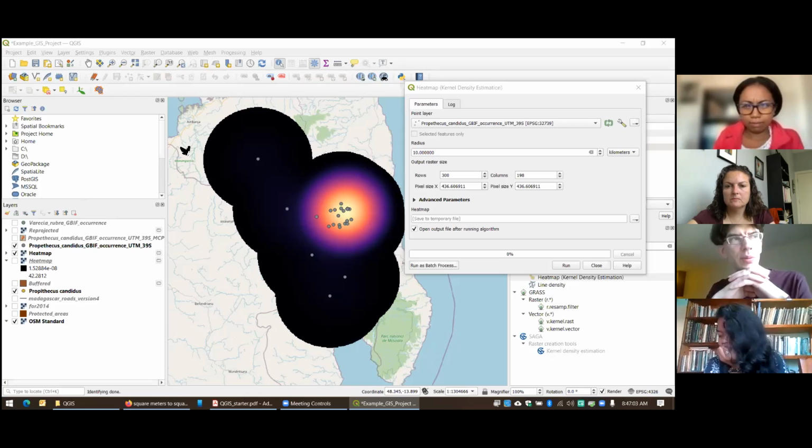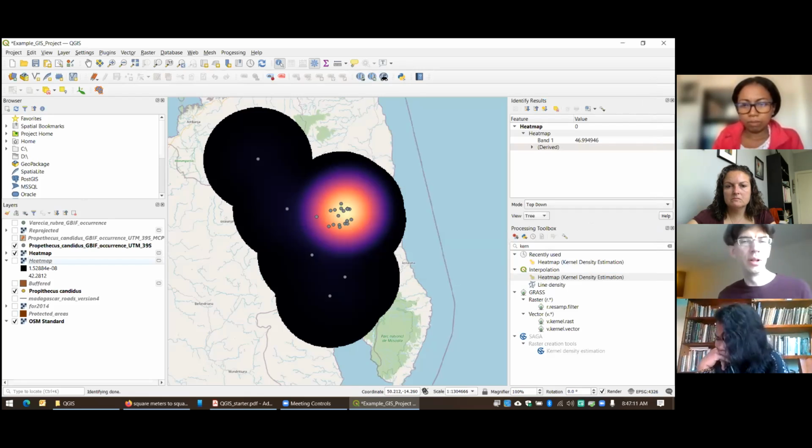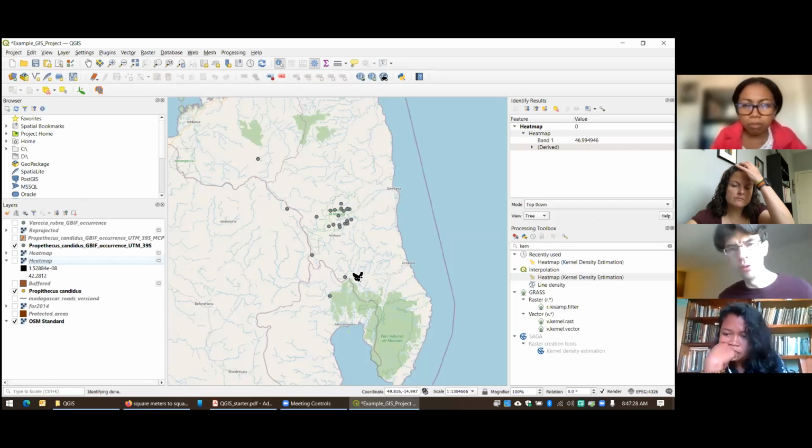There was one question about remapping a point based on precision, and there are a couple of different ways to remap a point, so I'm not quite sure what they mean. One way would be to delete this point and then redraw it at another location. I don't know if they're trying to get at creating buffers around points to account for uncertainty. I just need a bit more clarification on that question.